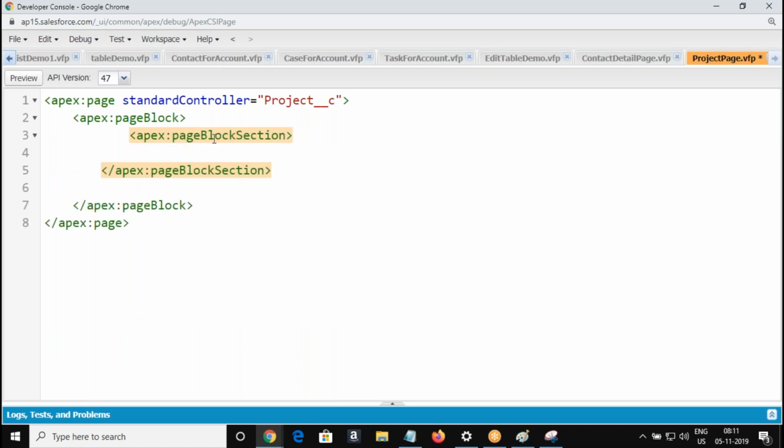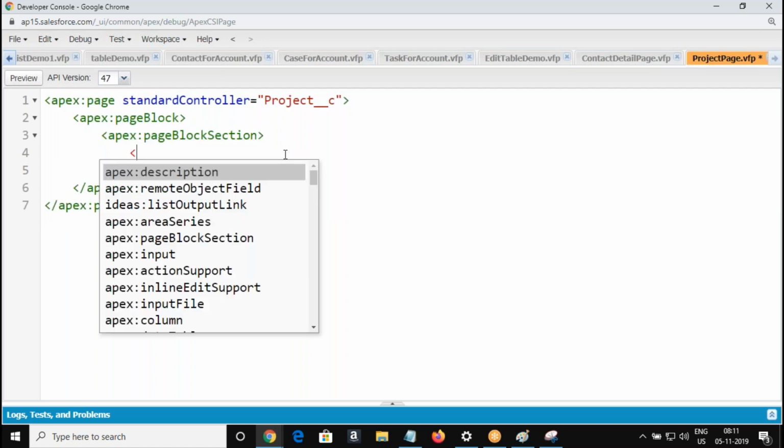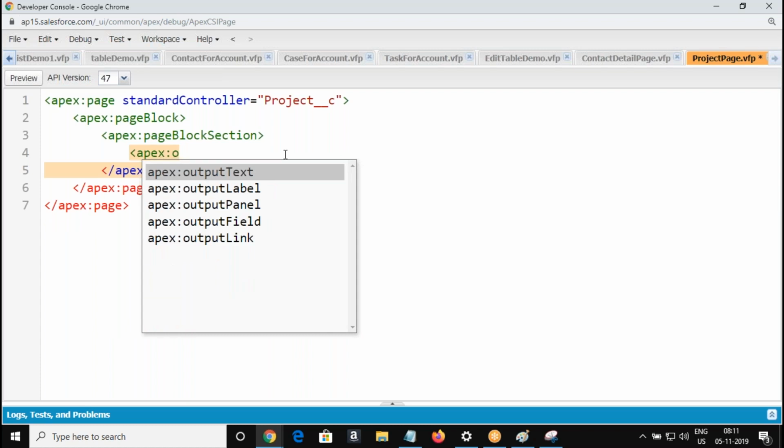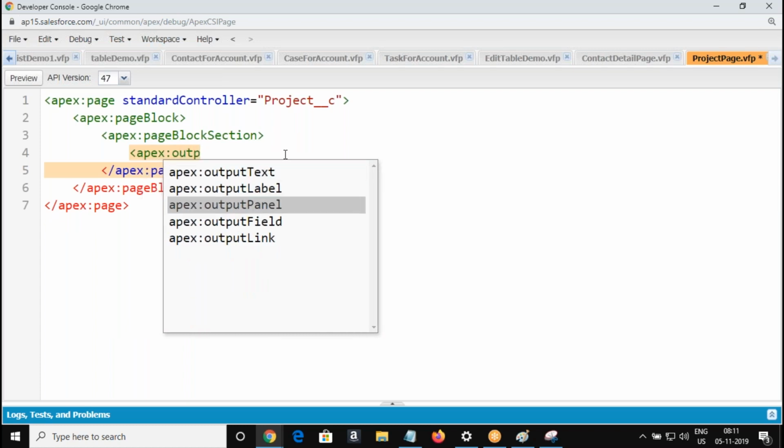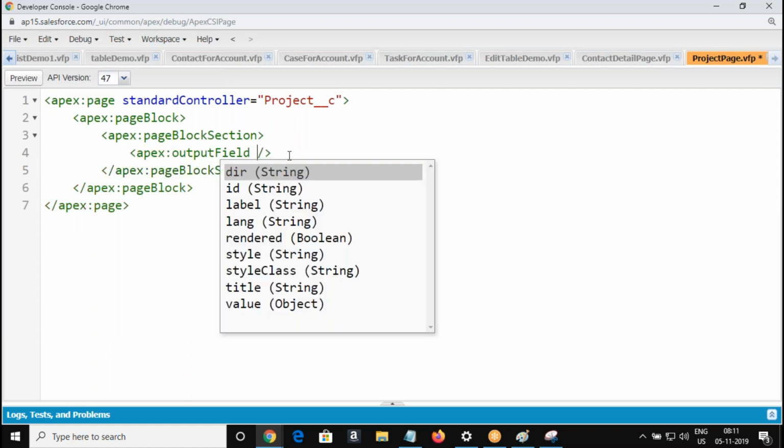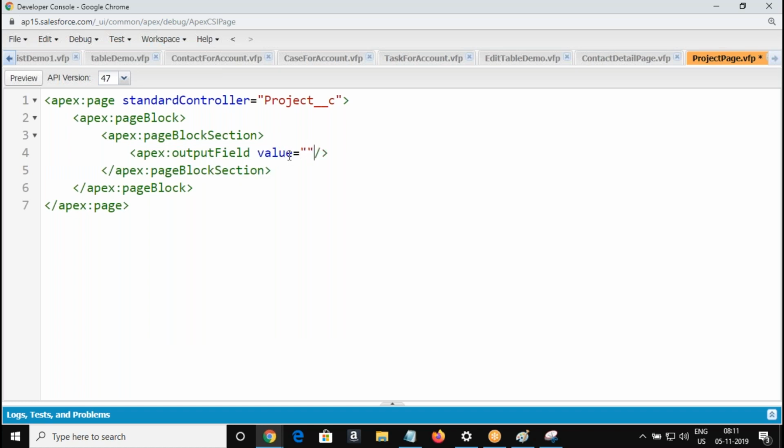Page block section. Field. Value equal to object name dot field name.